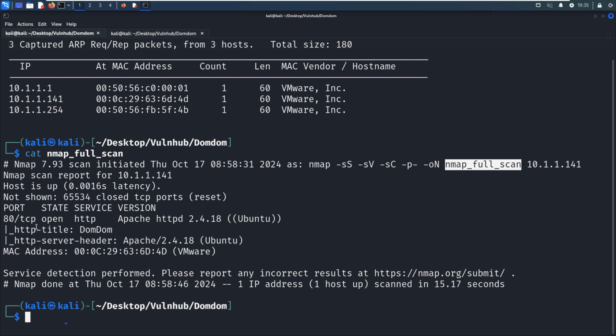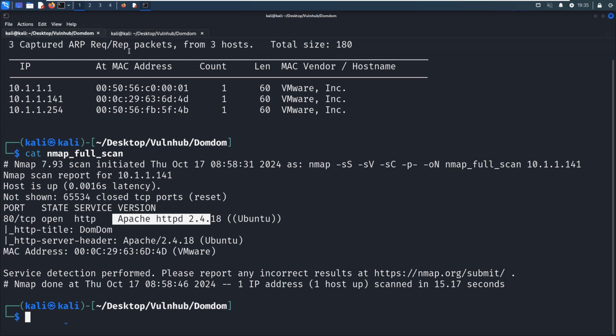From the Nmap scanning results, we can tell that the target has only one open port, which is 80 running the HTTP service, with the version information Apache 2. So it's very obvious what we shall do next. We need to do the enumeration of this web application, both manually and automatically.